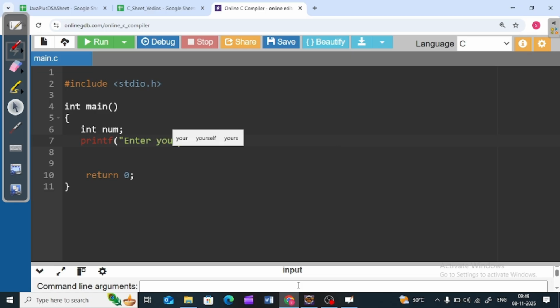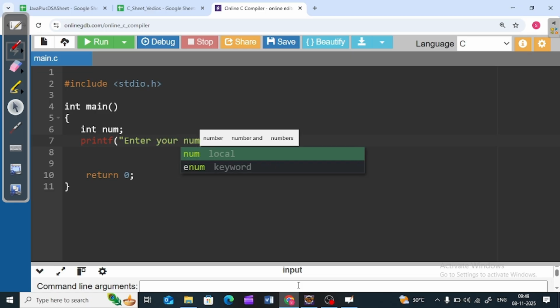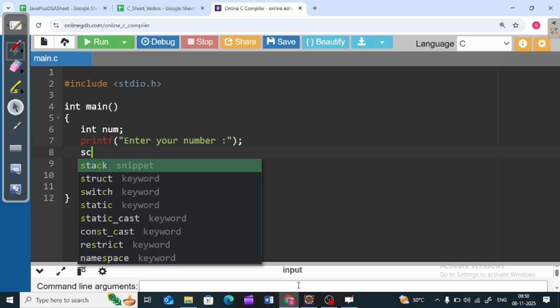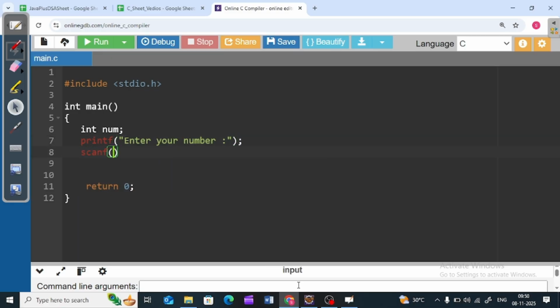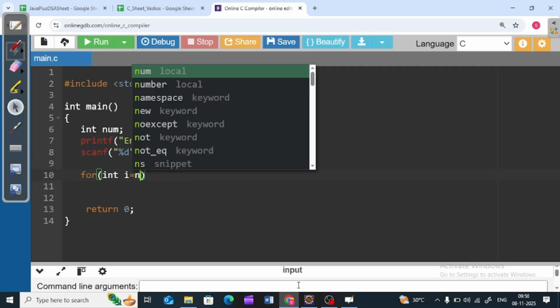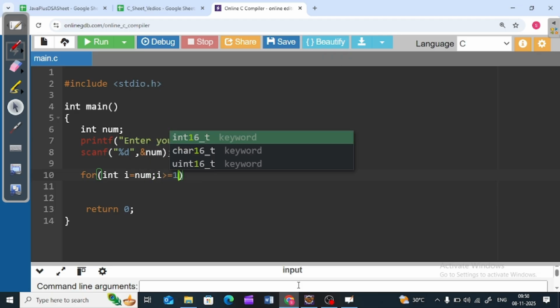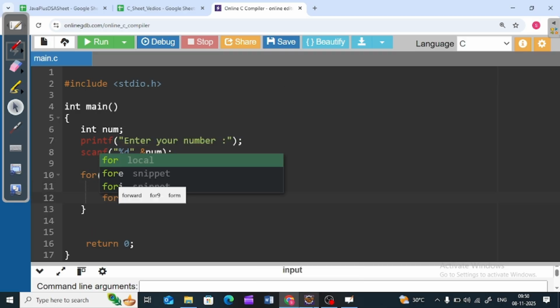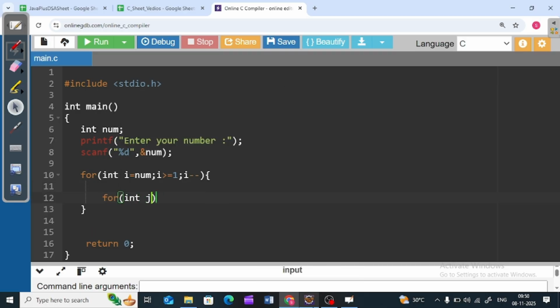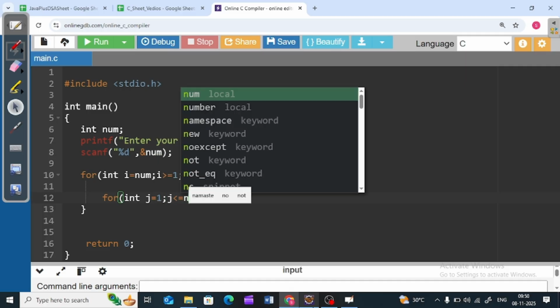enter number, okay, scanf, specified d, so comma address of num. సో దాని తర్వాత for, so int i should start from the num and I should go till 1, i minus minus. సో దాని తర్వాత for loopలో మనం int ఫస్ట్ మనం for loop రాసేది స్పేసెస్ కోసం. సో j equal to 1, j less than or equal to num minus i,